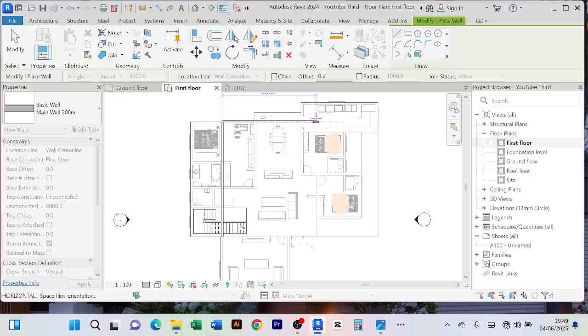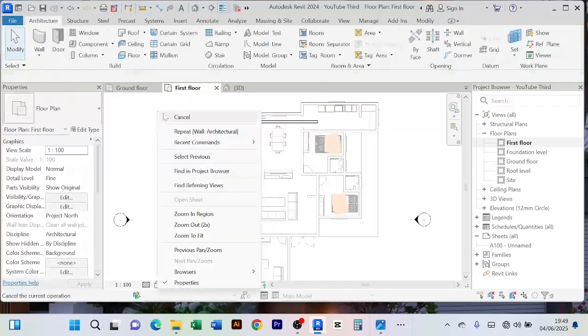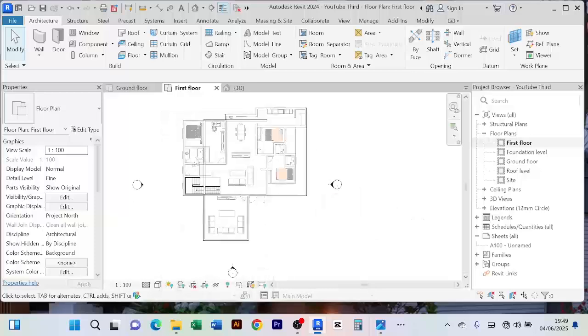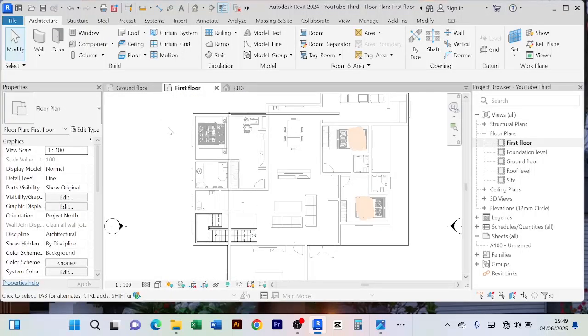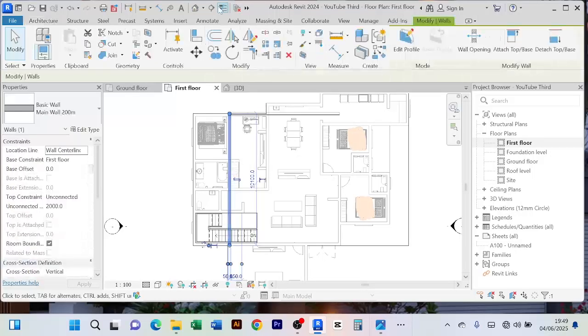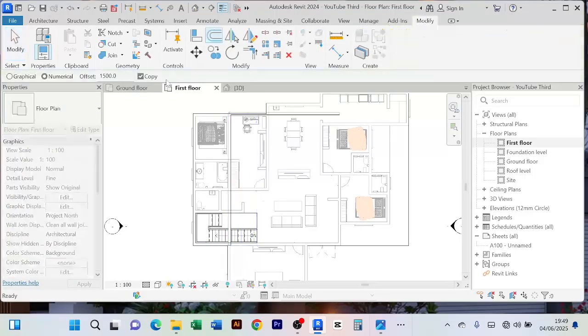Let it be here where this other wall is. So I am going to now start offsetting these two walls to create our spaces up here. First of all, we need the living room. So the living room, we can say, not the living room really, the family room. The family room, let's say we are going with